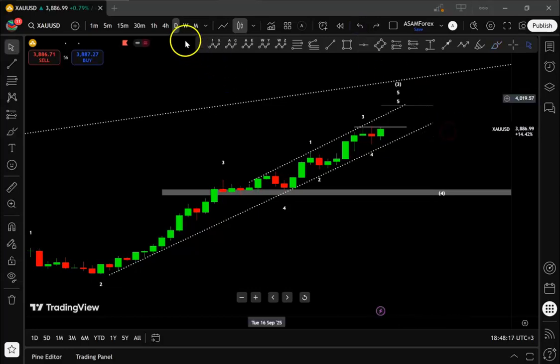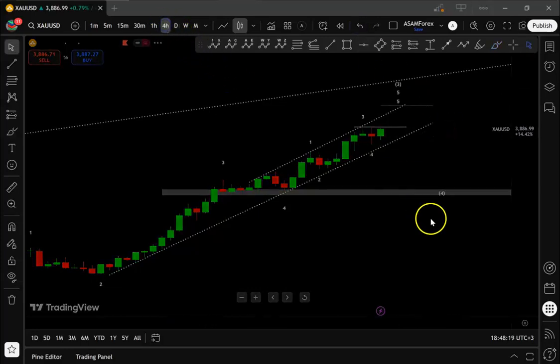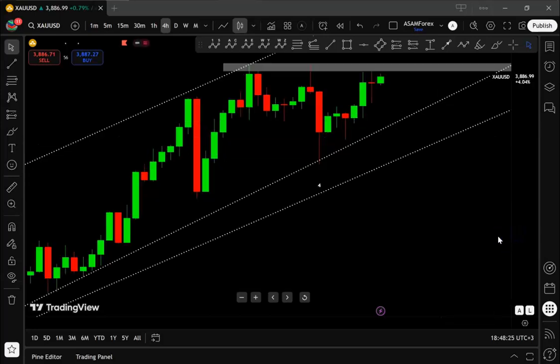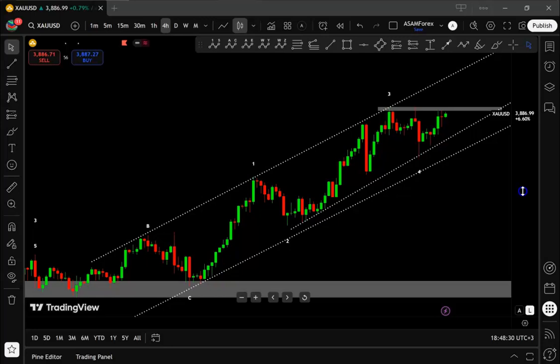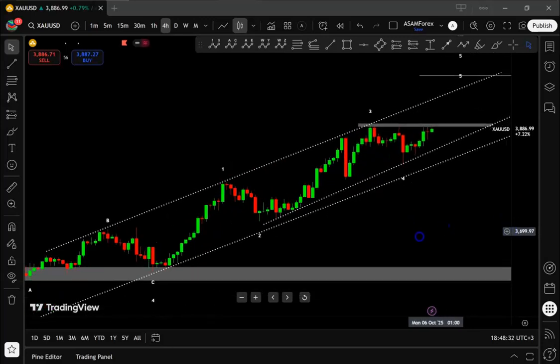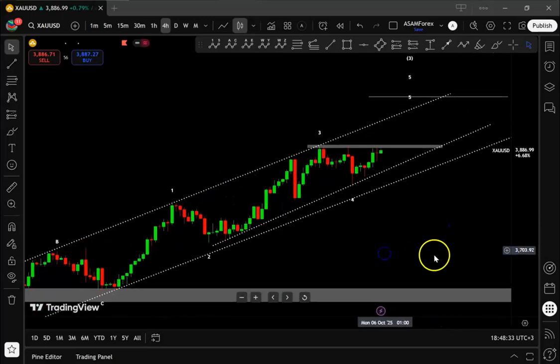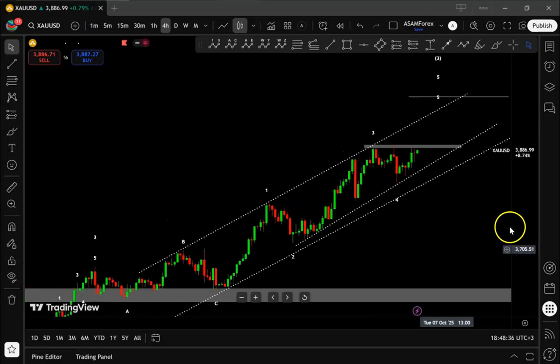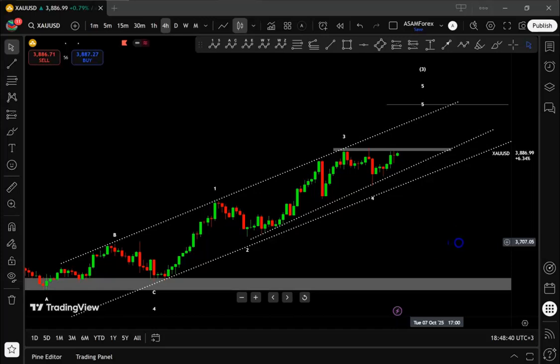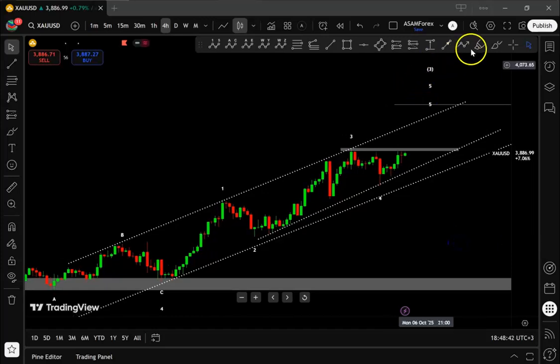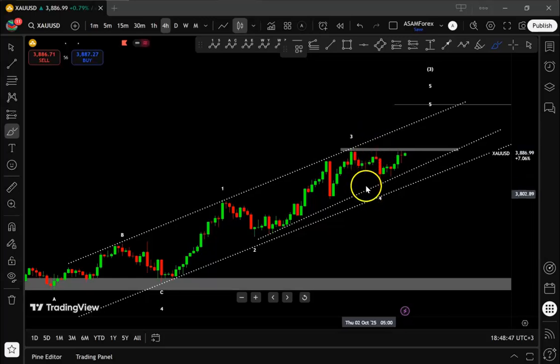Okay, so maybe let me go to the 4-hour time frame where we will find out the possible entry levels for the coming week. Yes, so this is the 4-hour time frame, now the final time frame to analyze gold and see the possible entry levels. Yes, so in the 4-hour time frame things are much better, and previous analysis was focused on possible sell opportunities,